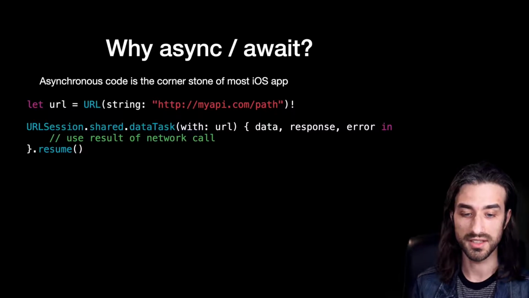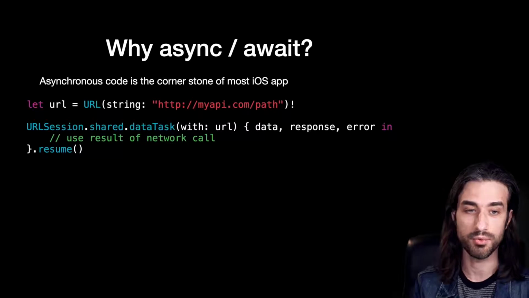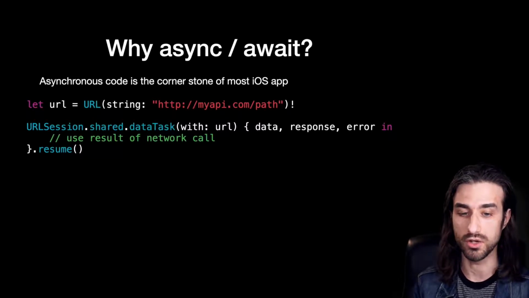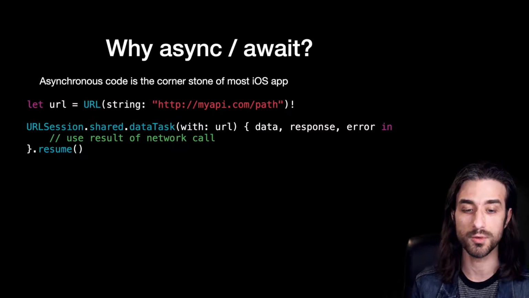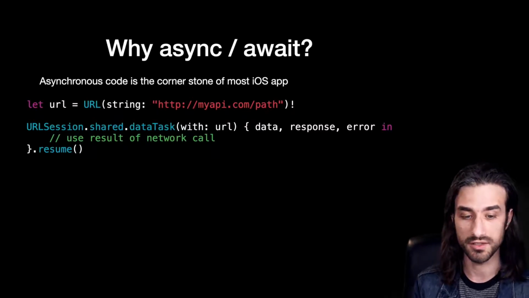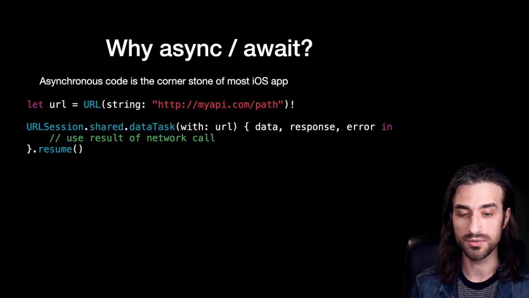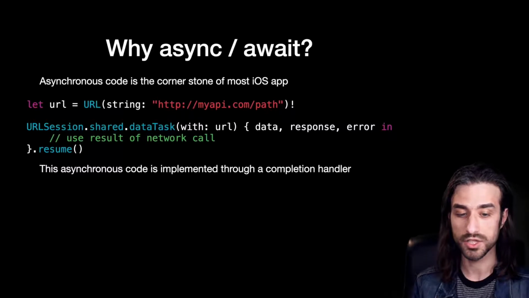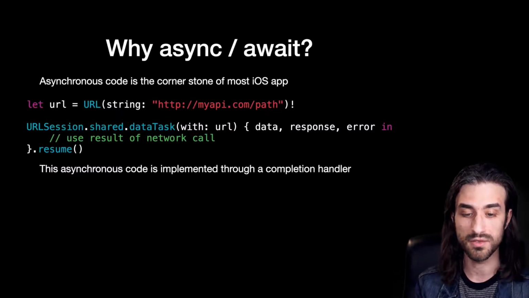So of course this code is asynchronous in the sense that when the result of the network call will happen is something that cannot be predicted. It could be very fast, it could be a little bit longer. So the moment when we call this code and the moment when we have the result are not synchronized together. And the way that we deal with this asynchronous code is through what is called a completion handler. The completion handler is the closure that is passed to the method dataTask, and in this closure we are given as arguments the result of the asynchronous code. So it's the data, the response, and the possible error returned by the network call, and in the closure we are going to use these elements.